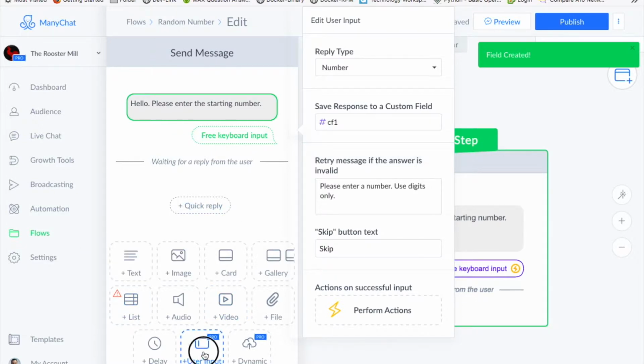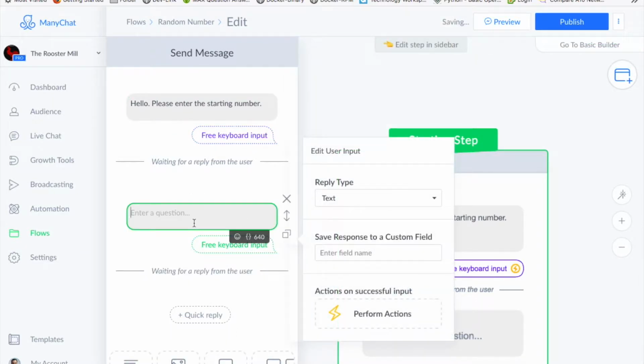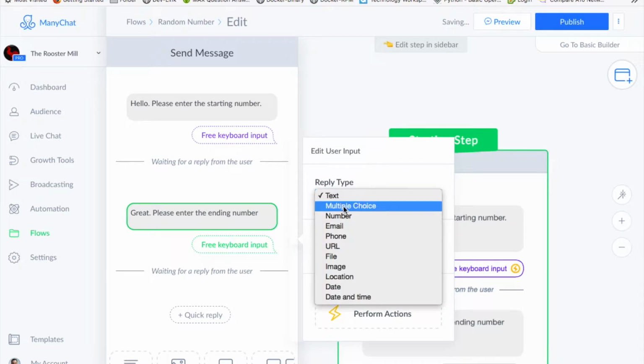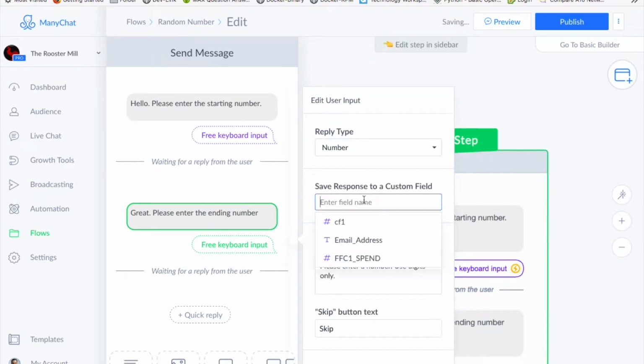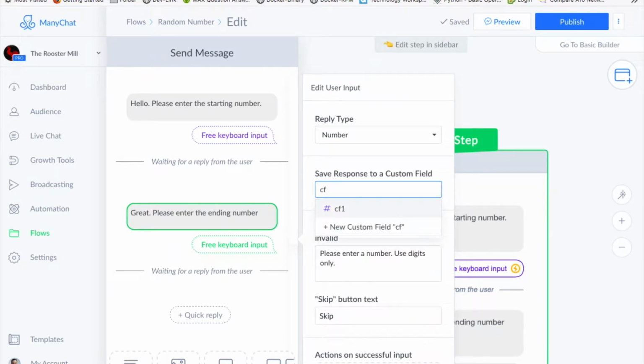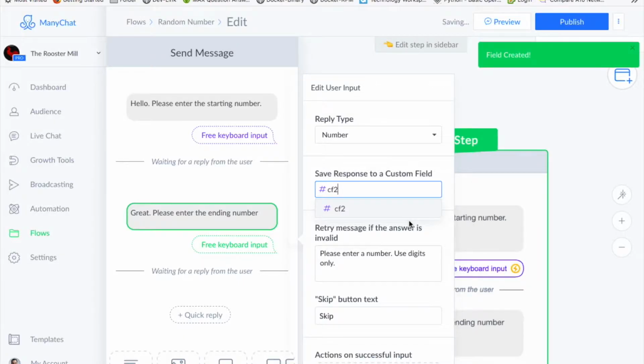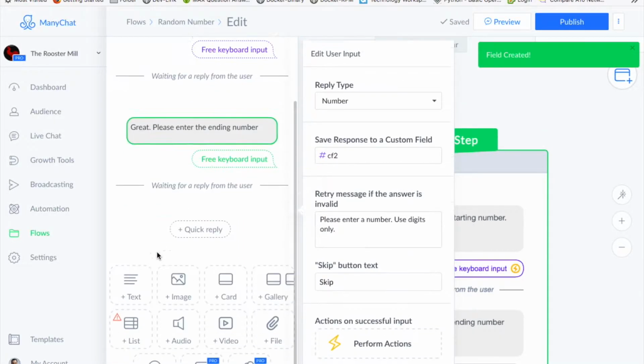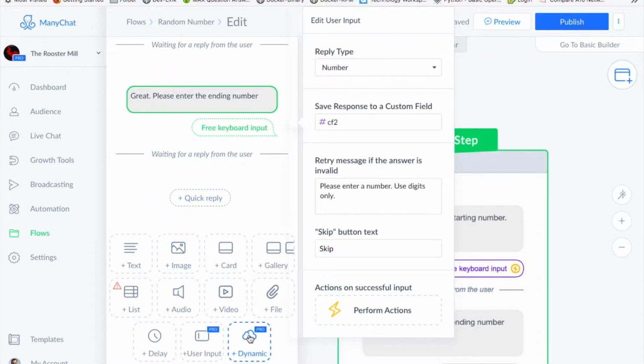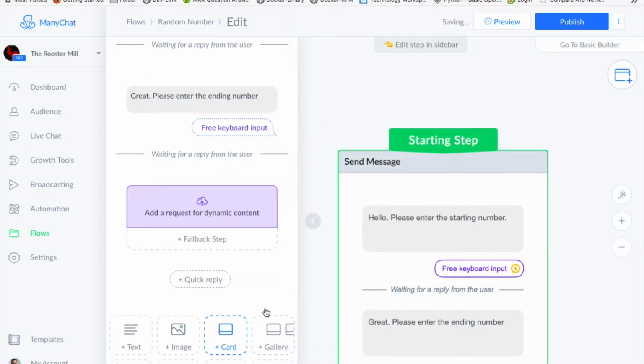Okay, and then we're going to ask for a second number. And it's going to say, great, please enter the ending number. And again, this is a number, and we're going to create a new custom field. We'll call this one custom field 2. And we'll make sure that we store that as a number. Great. Then we're going to send that information over